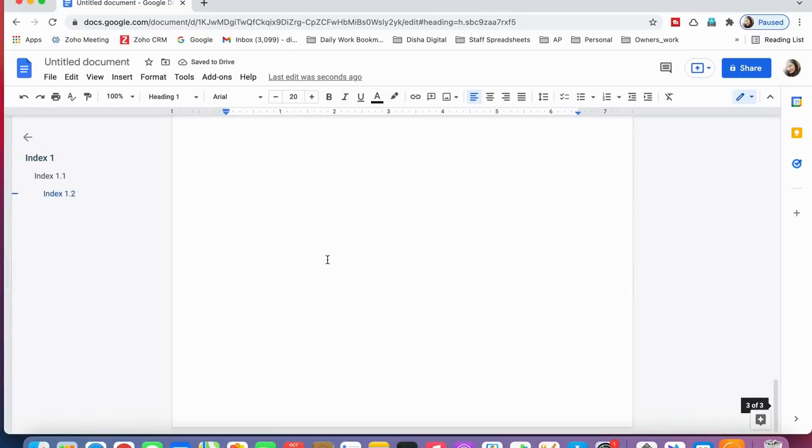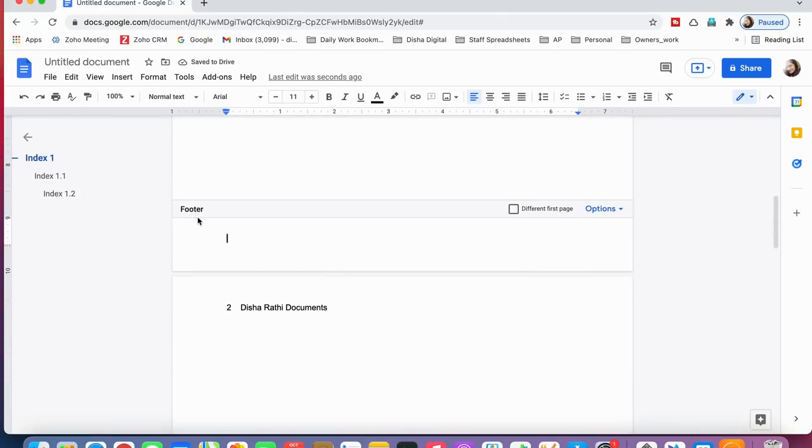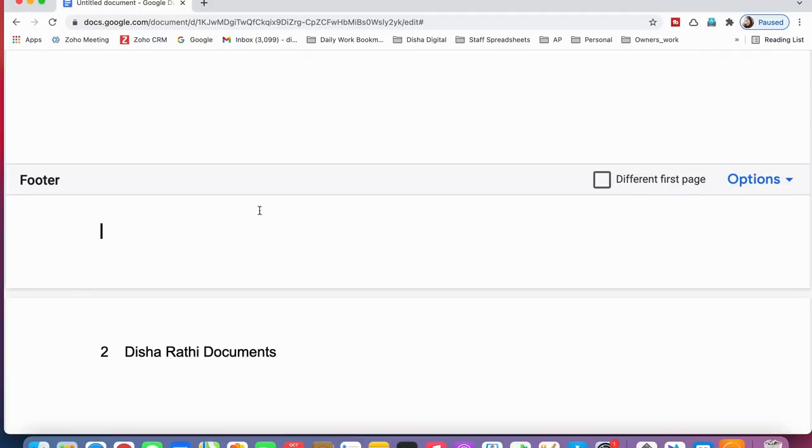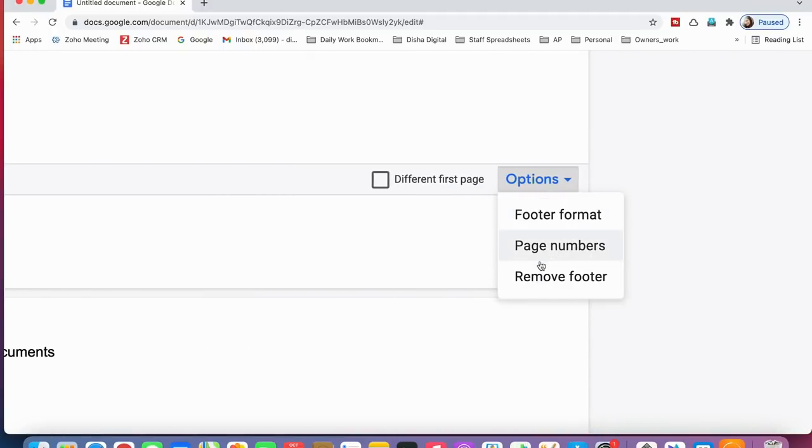Now if you want to add a footer, like your website name, simply double click on the last page like this, and here you can see the footer option. In this footer tab you have options like footer format and page number.